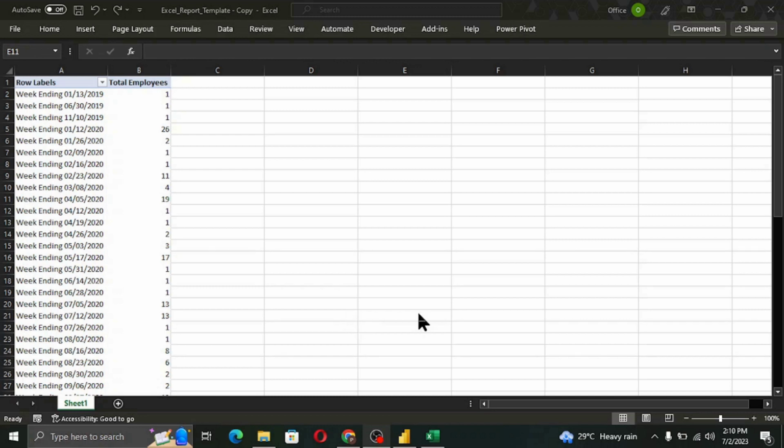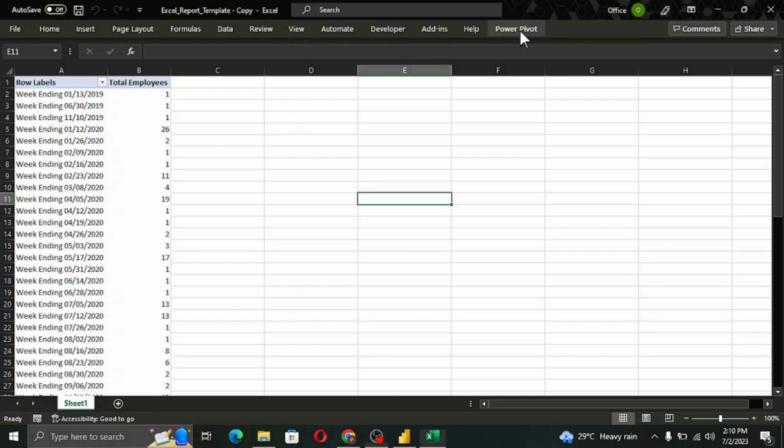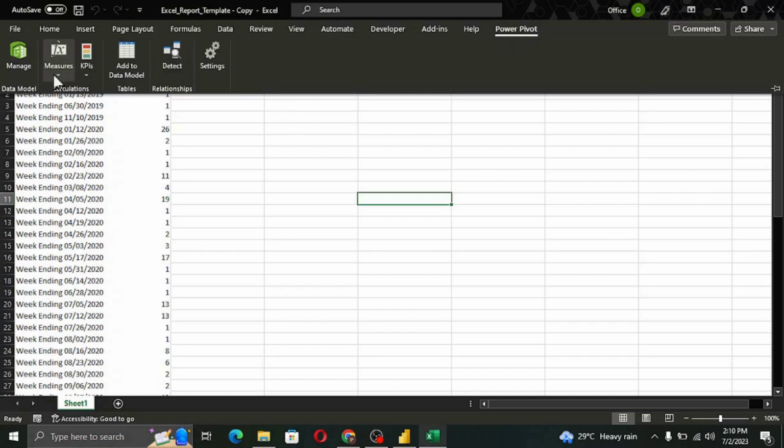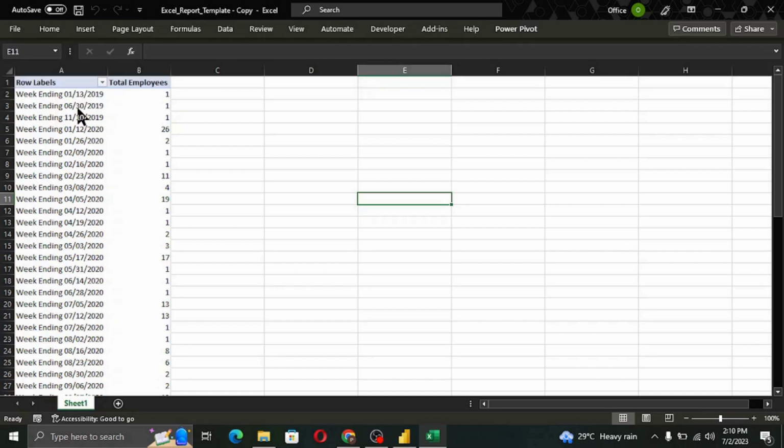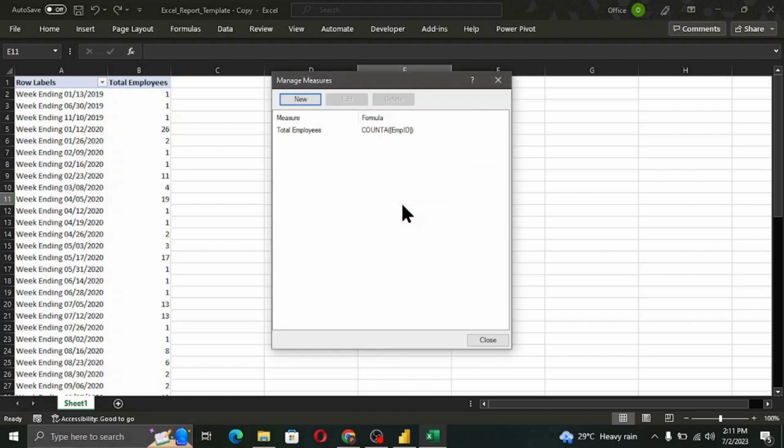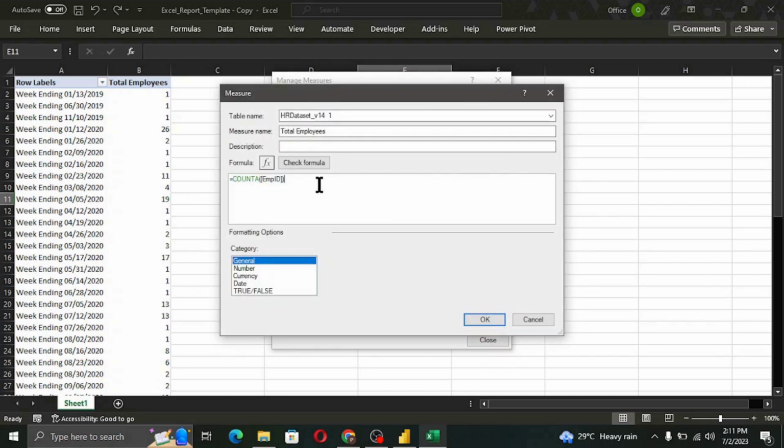We can replicate the measure from the Excel file to the Power BI file. To do that, I'll click on Power Pivot, Measures, Manage Measures. It will load the data model and display the Manage Measures window. Here I can create a new measure, edit existing ones or delete existing ones. I'll click on Edit, copy this formula from here,